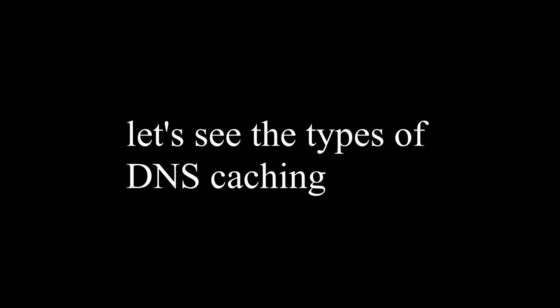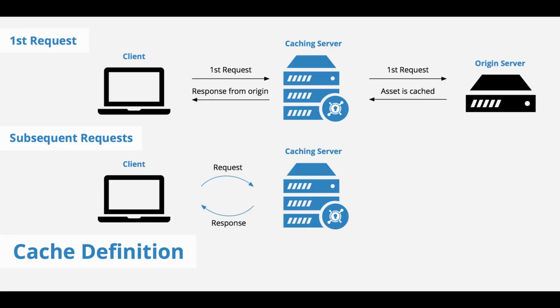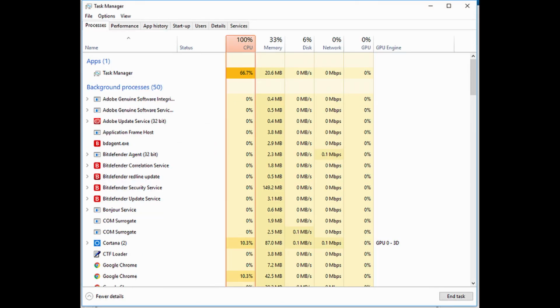We have mentioned DNS cache quite a few times as of now. Now let's see what DNS caching is and its types. The purpose of caching is to temporarily store data in a location that results in improvements in performance and reliability of the data request. DNS caching involves storing data closer to the requesting client so that the DNS query can be resolved earlier and the additional queries further down the DNS lookup chain can be avoided, thereby improving the load times and reducing the bandwidth or the CPU consumption.